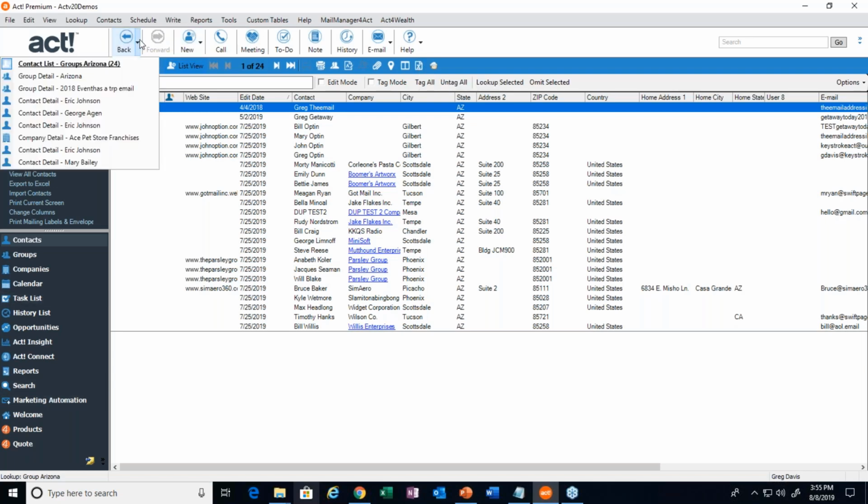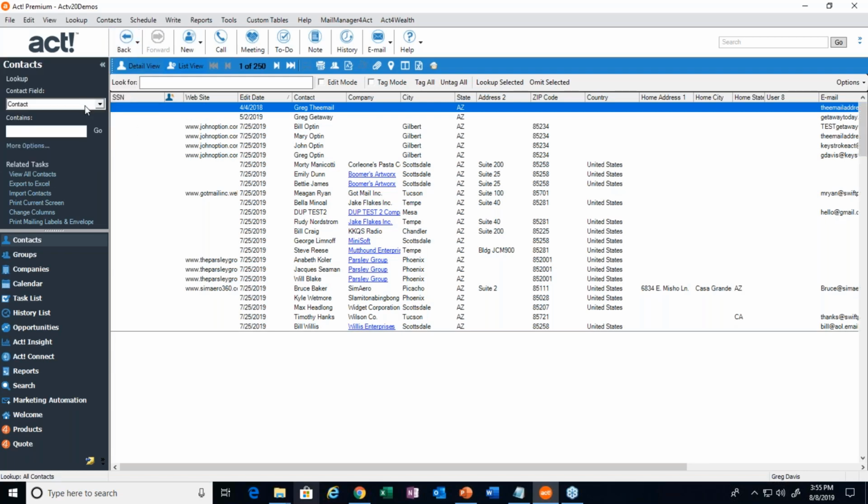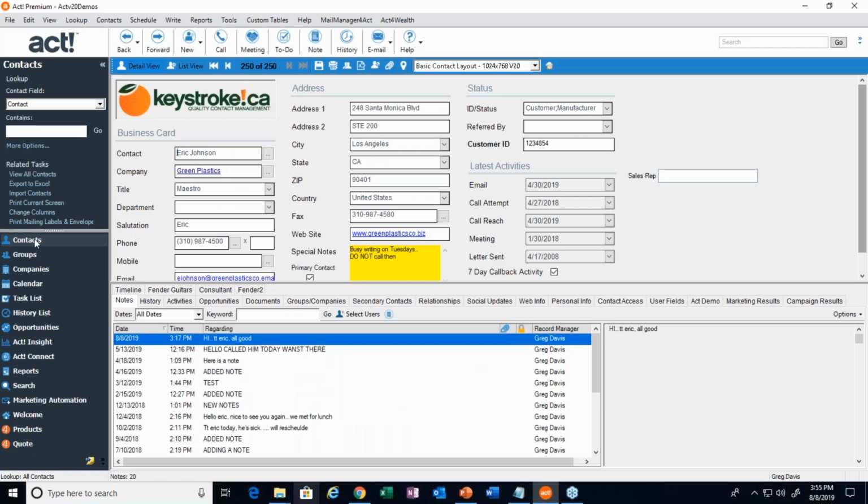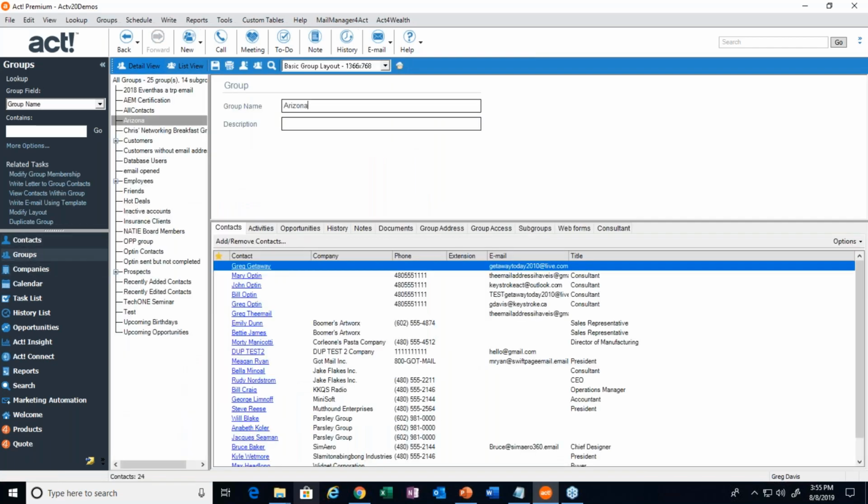All right, we got about 5 minutes left here. Let me see if there's something else I want to go over. I didn't really get to everything I wanted to here today, but I think I touched on a lot. Hopefully, I've given you all some insight and some tips and tricks on maybe how to use ACT